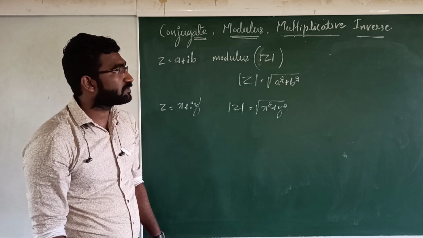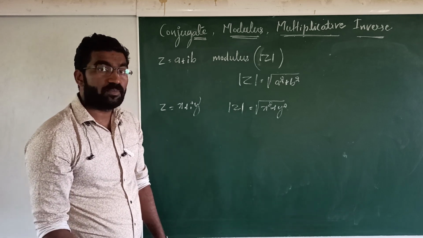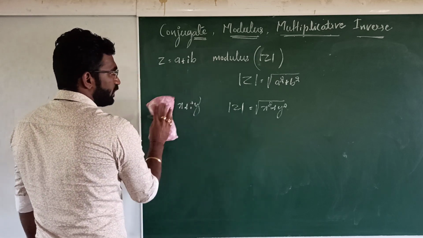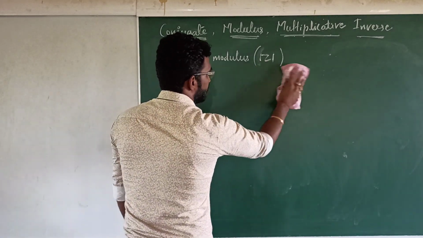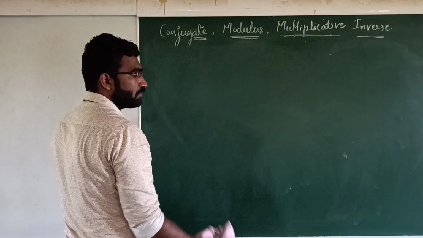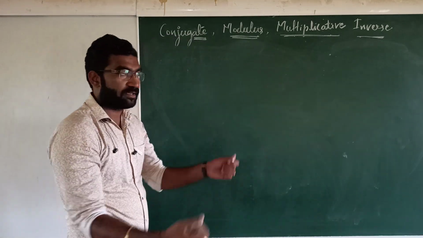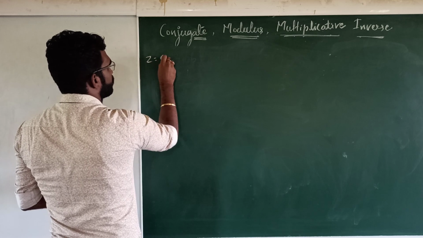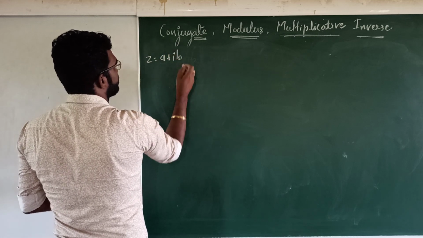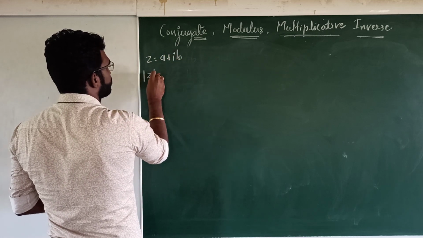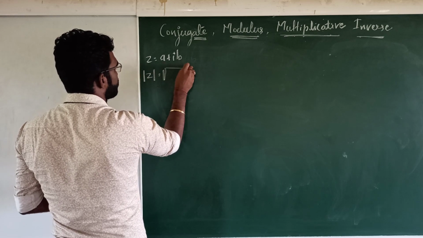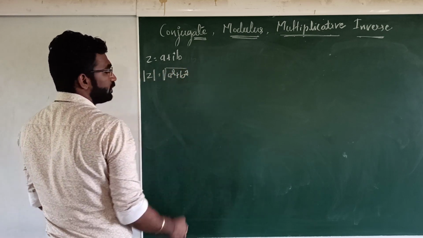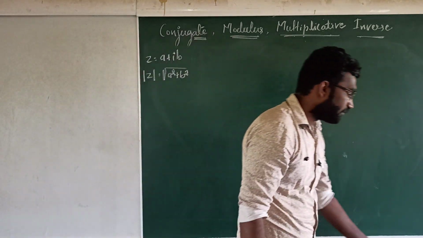So now we are going to see the geometrical approach of this modulus, right? So just note it down. Then afterwards we'll see some examples also which will make you clear better, right? Okay, see here. As I said, if z equals a plus ib is the complex number, then the modulus is given by mod z. Therefore square root of a square plus b square is the modulus, right?